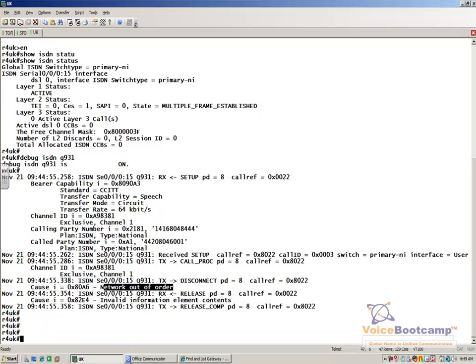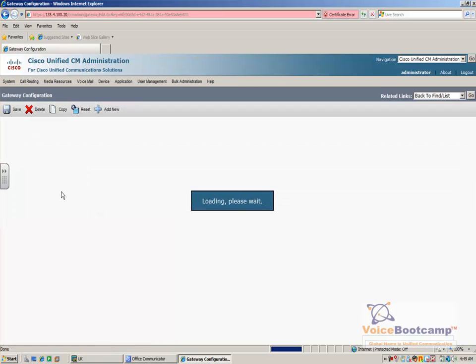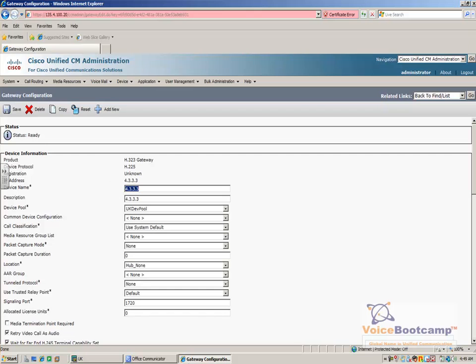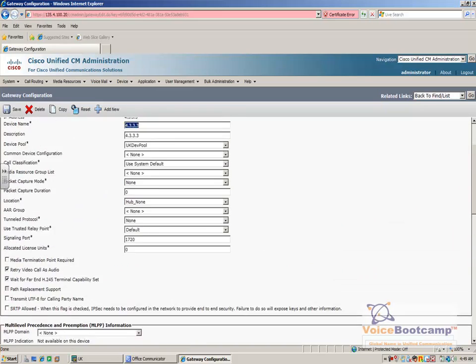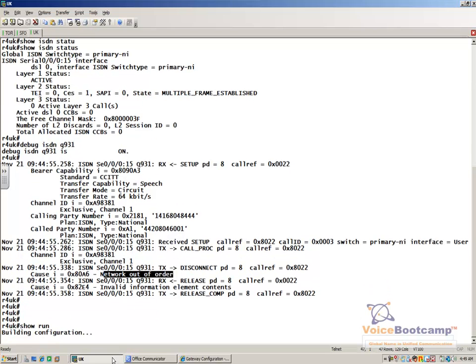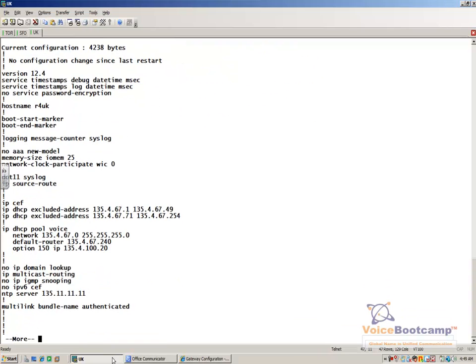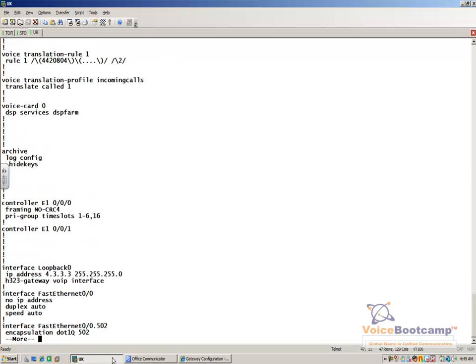So one thing we have to verify, if I go back to CallManager, is that the device name that I'm using is the IP address of the loopback. All my parameters are pretty okay. So I'll check the config on the router. Now you notice the problem is the fact that we're using the loopback interface, and right now it is missing